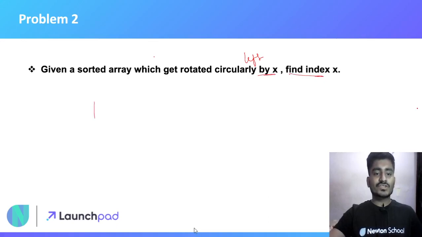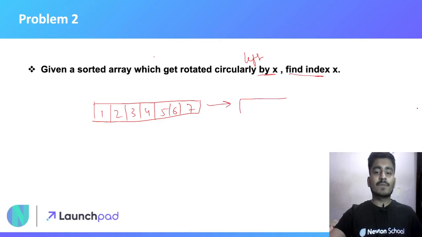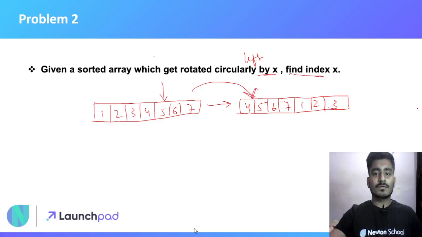So this question is simply saying that you have some sorted array 1 2 3 4 5 6 7. If you rotate this array by x, suppose we don't know x, and the question has given you this array 4 5 6 7 1 2 3 instead of the original.